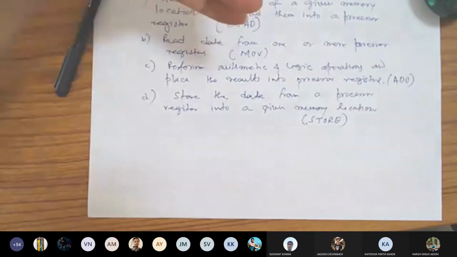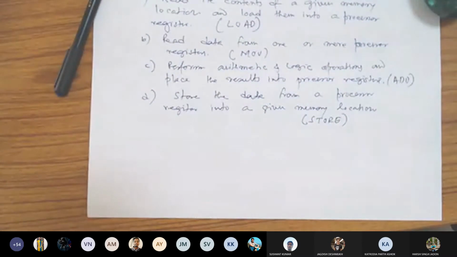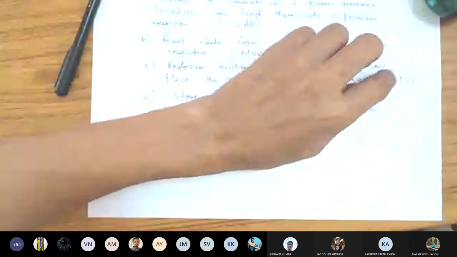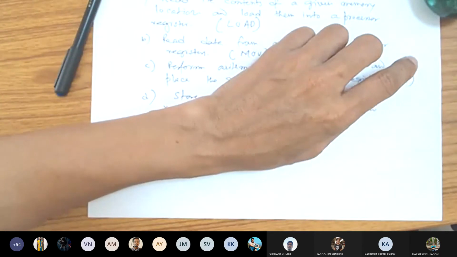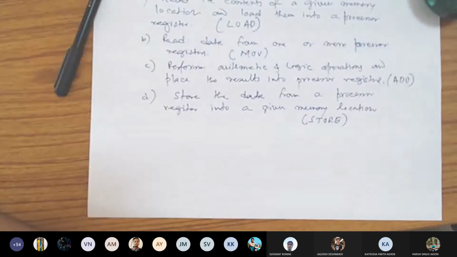Maybe different types of movement or addition will be there, but load and store are common. Add may be add, subtraction, multiplication, immediate addition, but they are also of the type arithmetic logic operations.